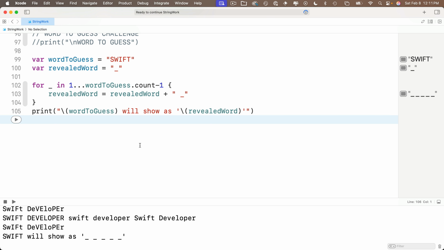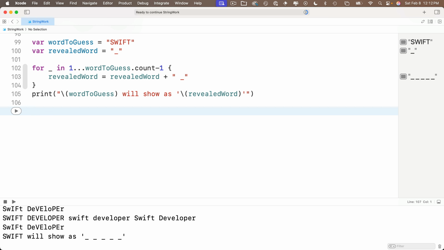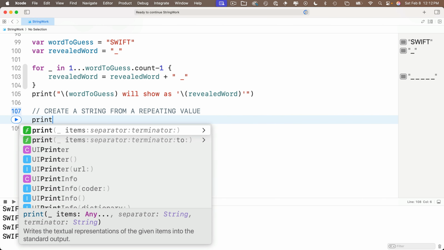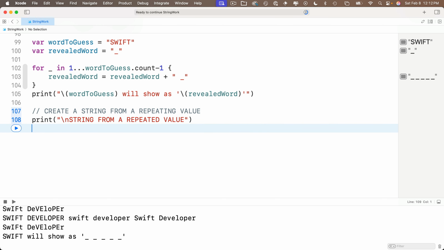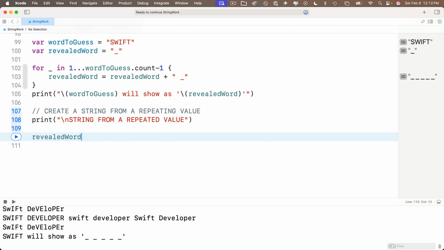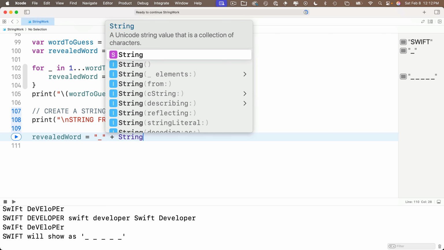Same answer. Now I'm going to show you one more super efficient method that doesn't involve using loops at all. It involves using a technique to create a string based on a repeating value. So I'm going to enter a comment below that says create a string from a repeating value, and we'll print \n string from a repeating value. And we'll say here revealed word equals, and we'll start this with a string which is just simply 1 underscore, since every revealed word is going to start with an underscore. And then we'll say plus, and then we'll give the type of data that we're creating, which is a string,